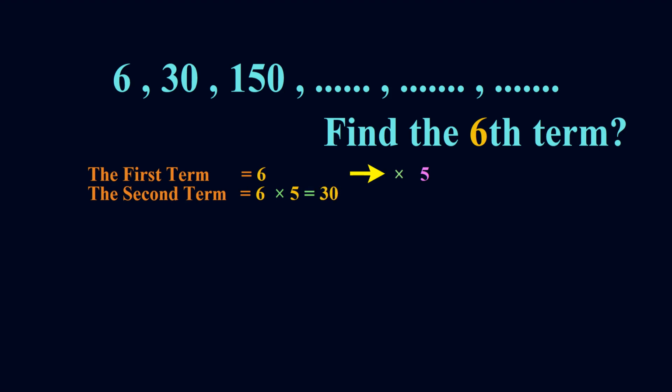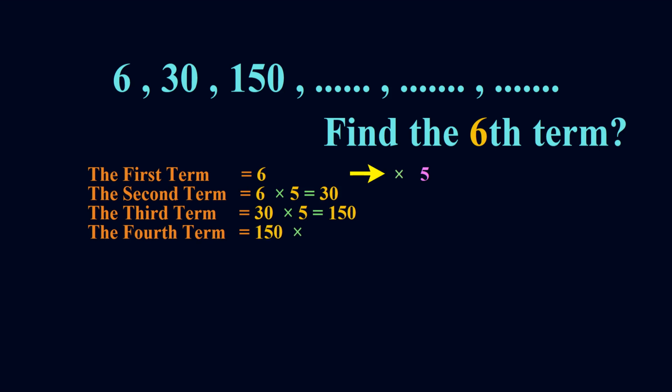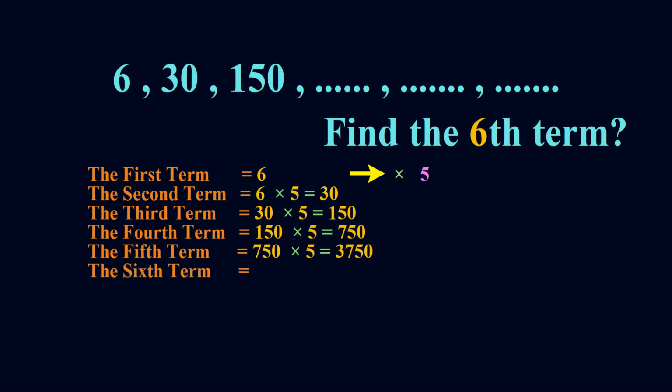And the third term is 30 times 5, which equals 150. And the fourth term is 150 times 5, which equals 750. And the fifth term equals 750 times 5, which equals 3750. And the sixth term is 3750 times 5, which equals